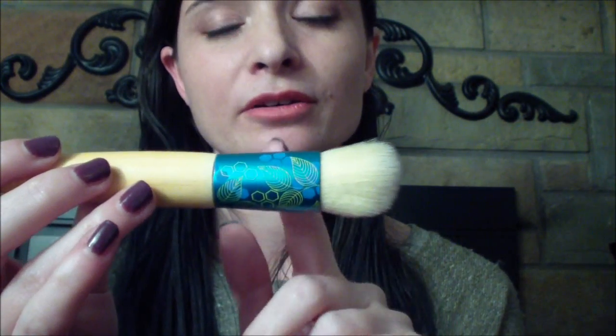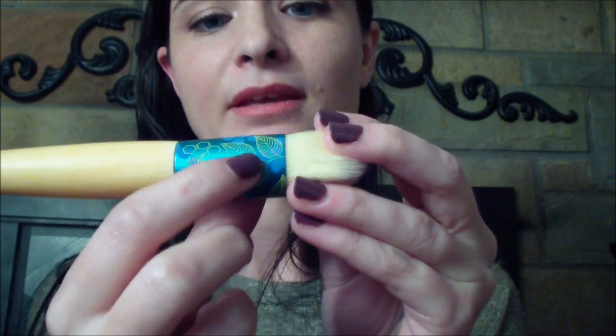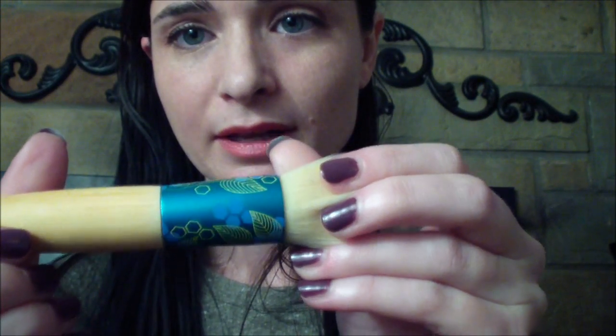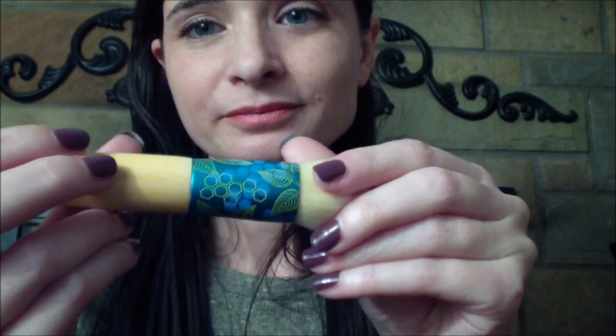I love the pattern on here. You can see it has leaves and this little like honeycomb pattern. See it there? Yes. So pretty. And I love the brush. Maybe you can hear. Probably not, but